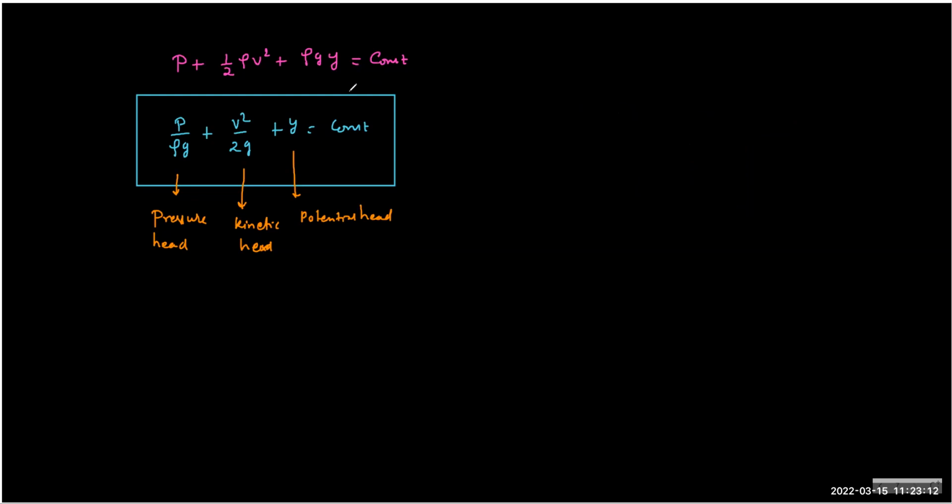So there are some different ways to interpret. One is that head means height. So you can think of it like, dimensionally, everything is representing height. The other way of thinking is energy density. So in case of pressure, if this is the cross-sectional area, this is the pressure P, and let's say this goes from here to here,